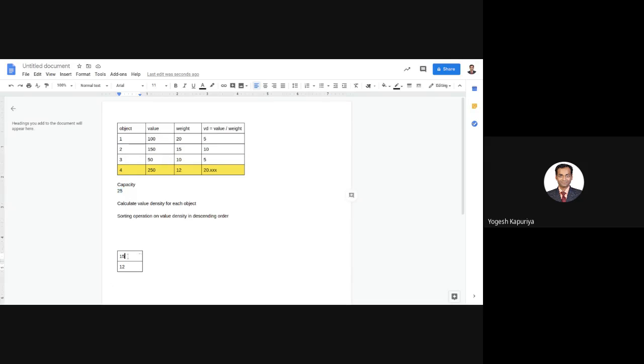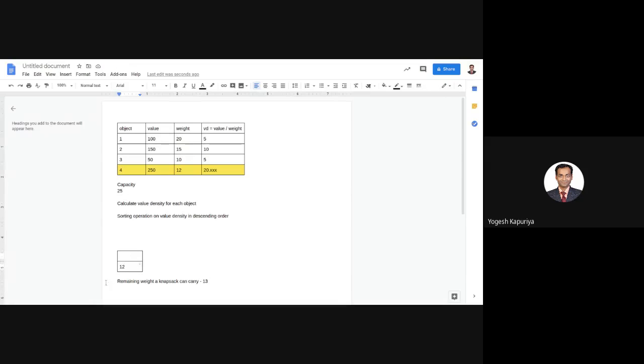So fine, the next thing I require is to keep track of the remaining weight a knapsack can carry. Initially, your knapsack can carry 25. If I select this 12 here, then I will make it 25 minus 12, that is 13, right?